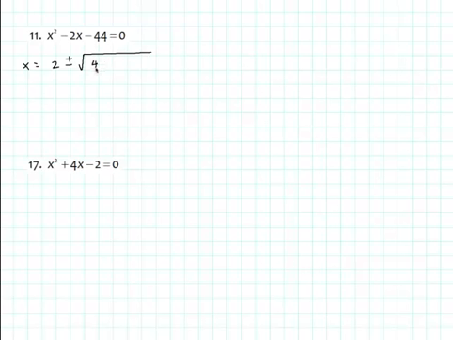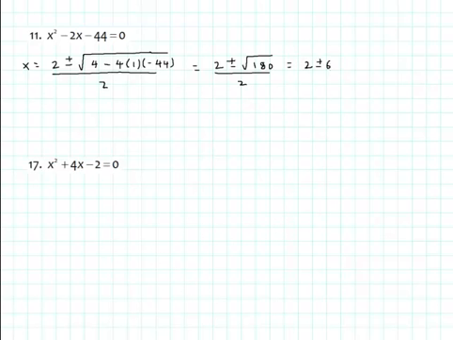Your B squared will be a 4, plus, sorry about that, minus 4 times your A times your C. Equal to 2 plus minus the square root of 180 over 2 equals 2 plus minus. The square root of 180 is 6 radical 5